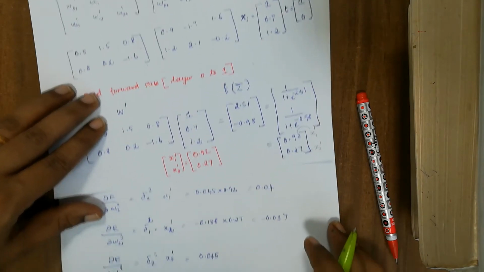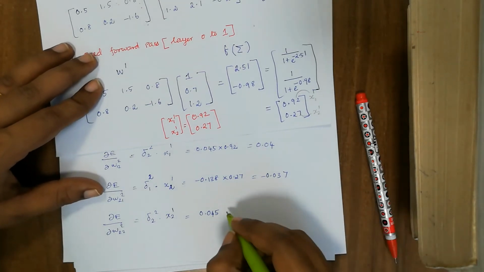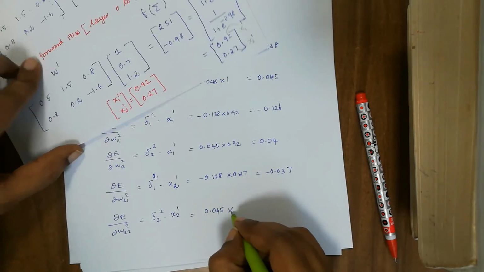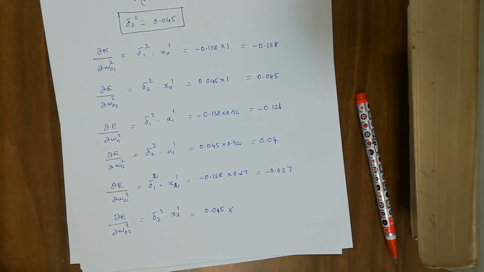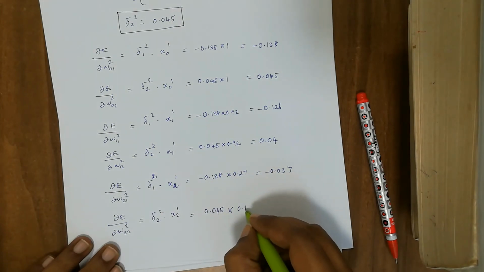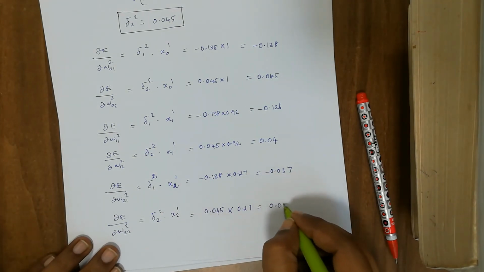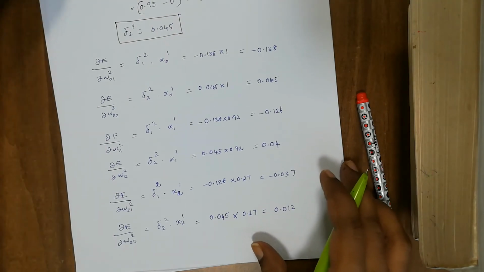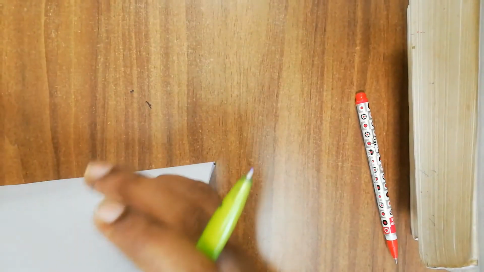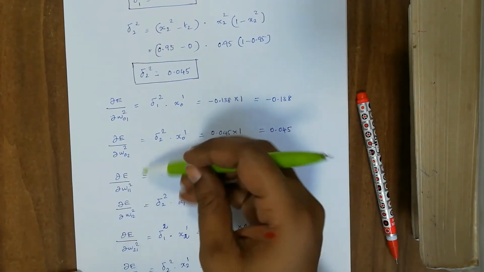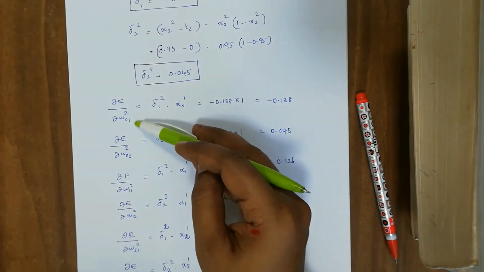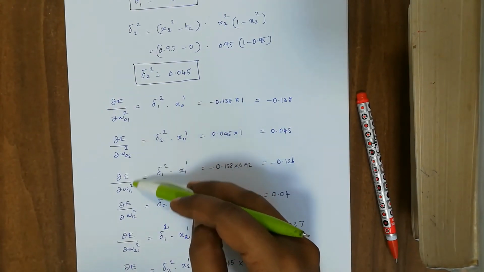0.045, okay, 0.045 multiplied by 0.27, which is 0.012. Okay, so once we have calculated all the values, ∂E/∂W1, we have